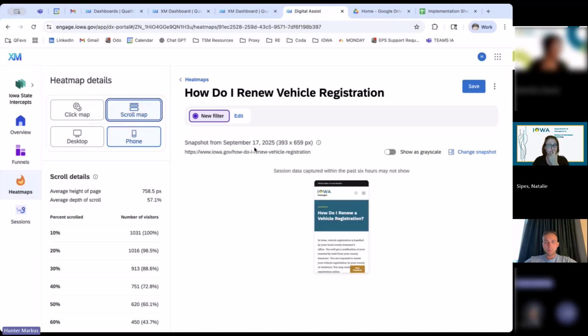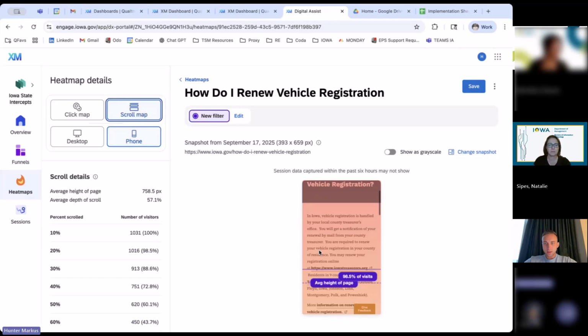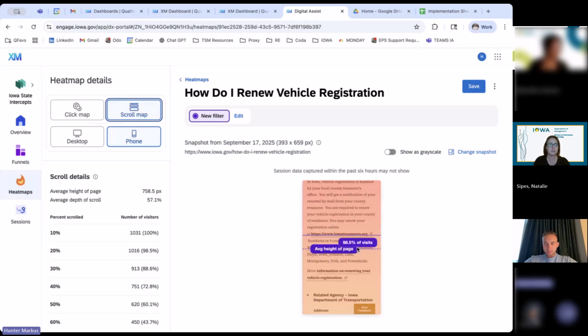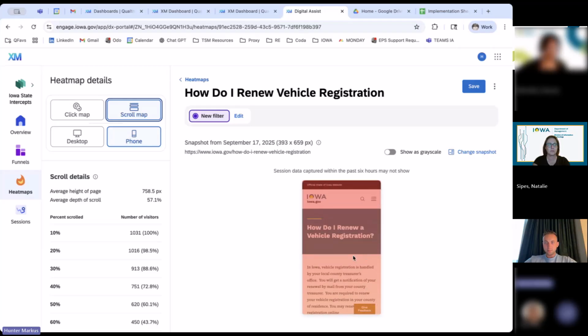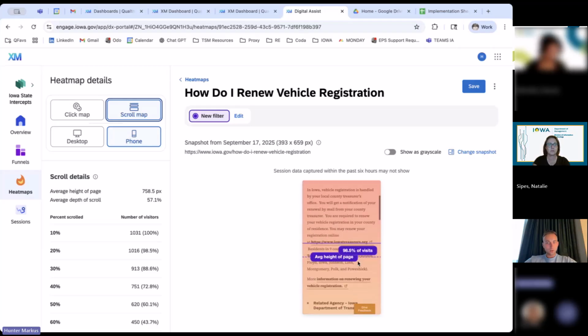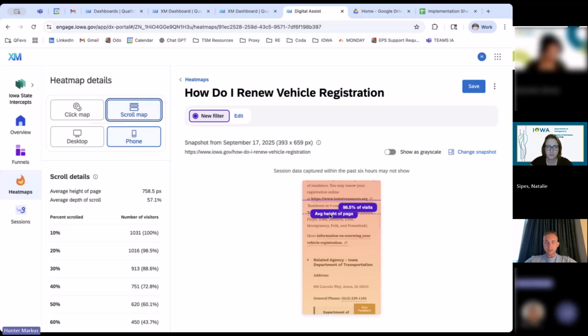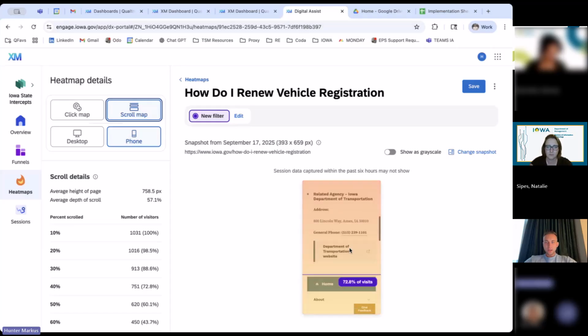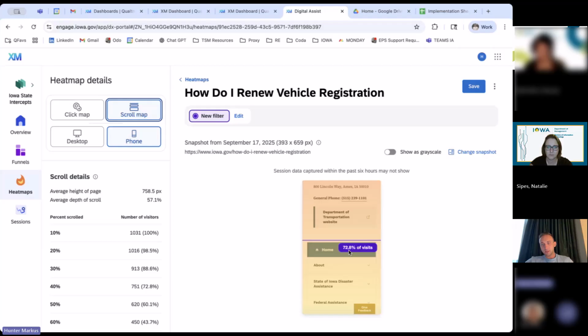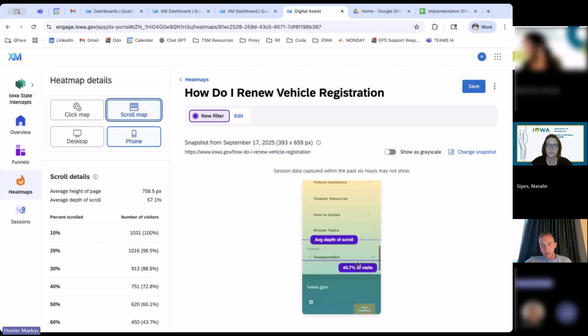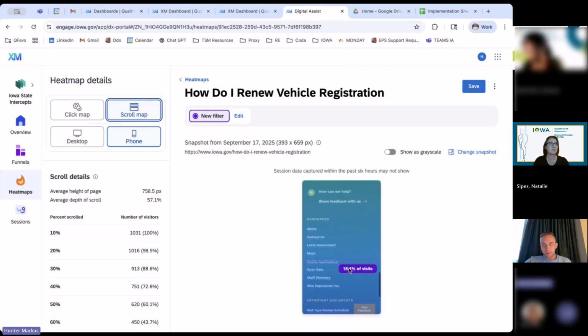And I can see where people are scrolling. 98.5% of visits make it to right here. And that makes sense. So people are not scrolling a ton on this page. I can see the average height of a page, and as I scroll down, I can see, okay, 72.8% of visitors make it to here. And by the time I get to the bottom, only 15.4% of visitors are actually making it to where these